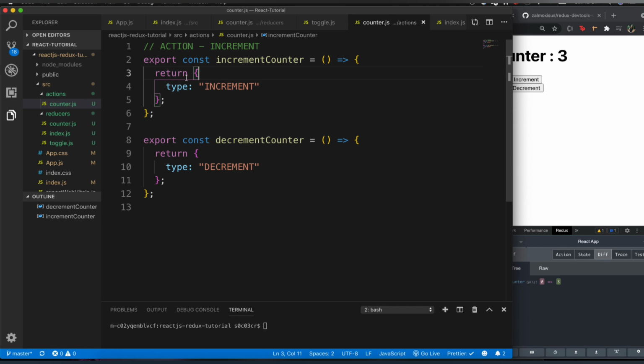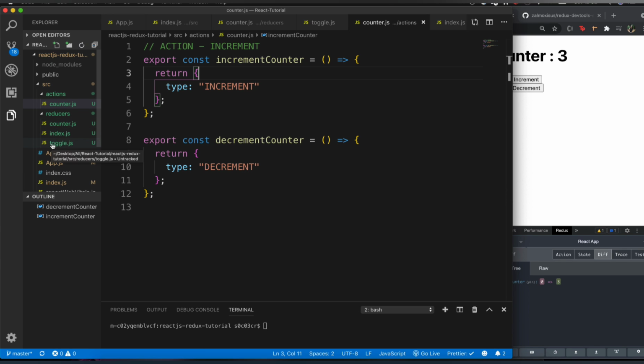And then when I return a type from my action, the control goes to my reducer, because the reducer is going to take care of implementing that action. So from here it will go to the reducer. Now one more thing to notice here is this. I did not tell this action which reducer is going to take care of this action. That means when you dispatch an action, all of the reducers are going to receive that action, and depending on which reducer can handle it, it's going to do it. So we do not explicitly tell which reducer should handle which action, right? So from the action directly, the control is going to go to all the reducers that you have.